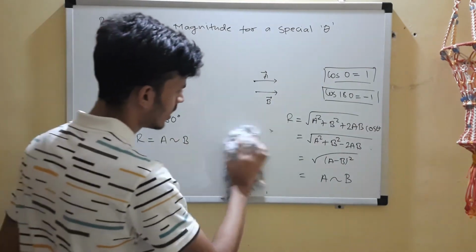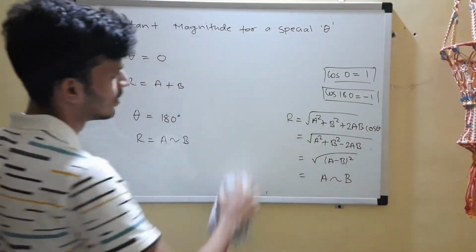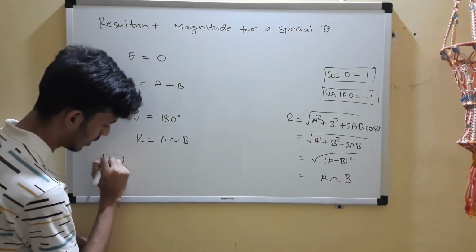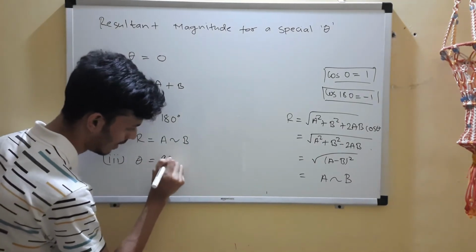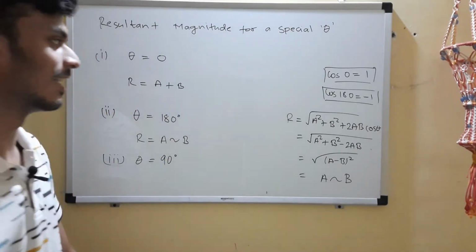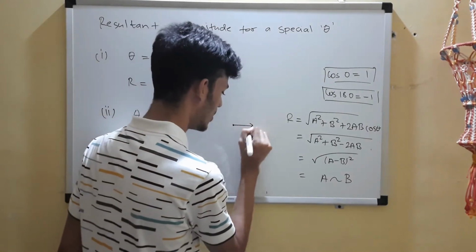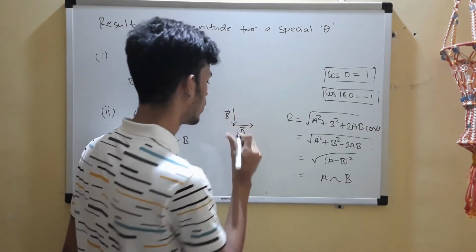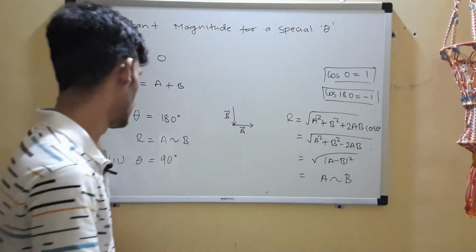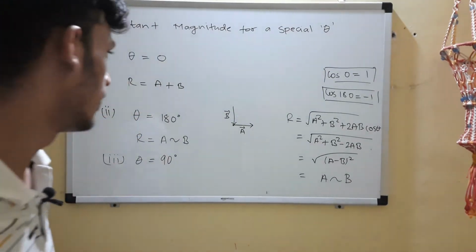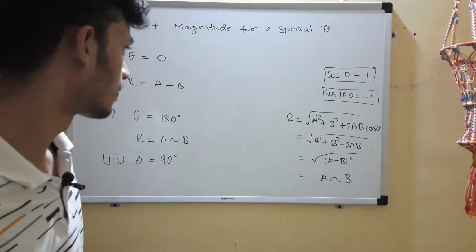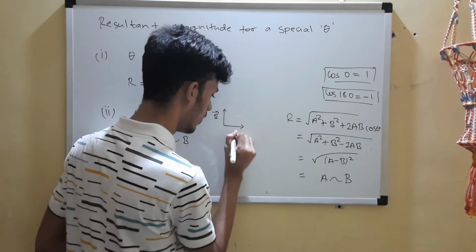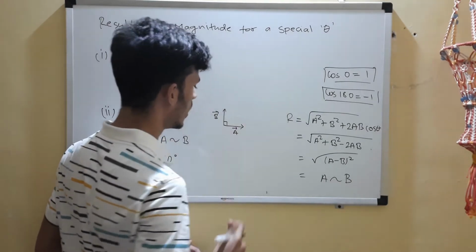And one more special case, the last one, which is not so special because we discussed it in the previous class also. The previous class was exclusively for this discussion, right? And theta is 90 degrees. So Pythagoras theorem, do you remember that? Yes, Pythagoras theorem, that is all you need to know. So these two are vectors. The angle between them, wait, I'll draw it properly. These are the two vectors, vector b, vector a. The angle between them is 90 degrees.